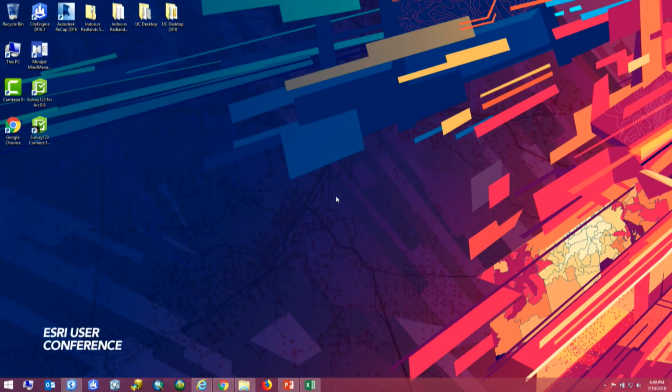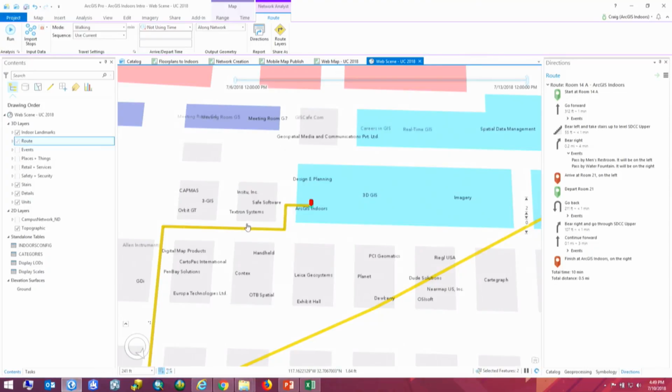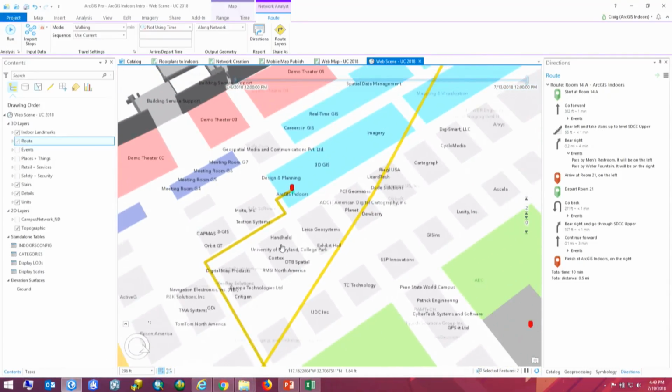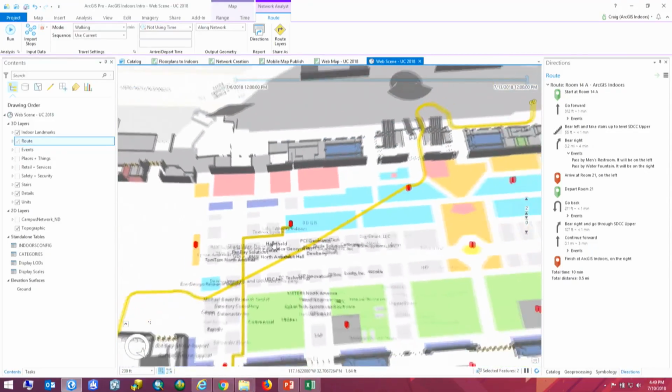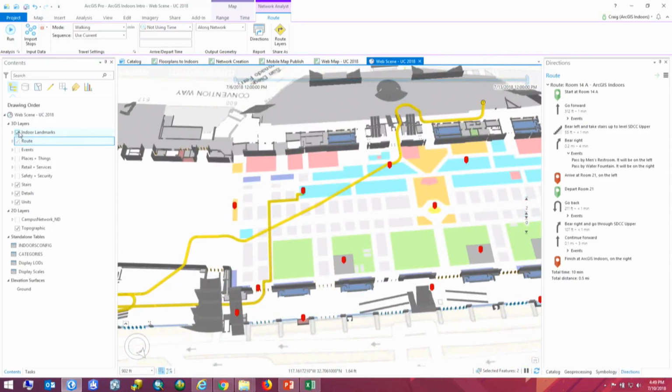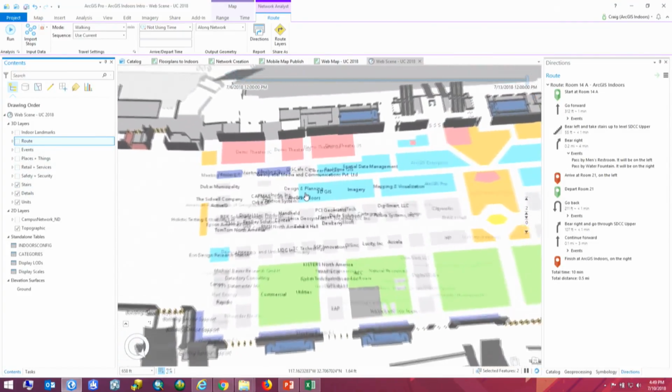Well, and part of it too, that data model is pretty huge, and we were only using a tiny little corner of it. So now with an ArcGIS Indoors focused data model, we're able to really fine tune exactly what we need for an indoor space. We're not trying to force that square peg into a round hole.